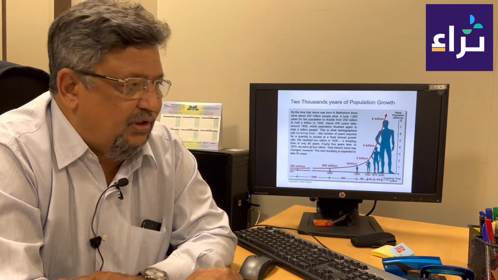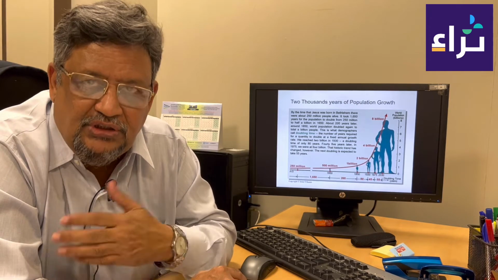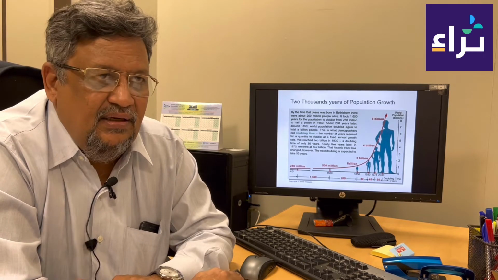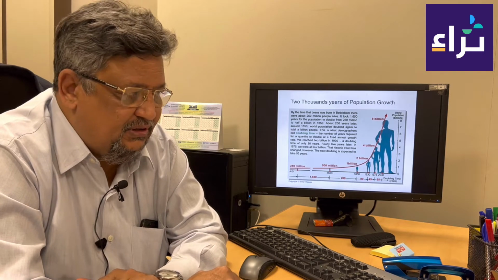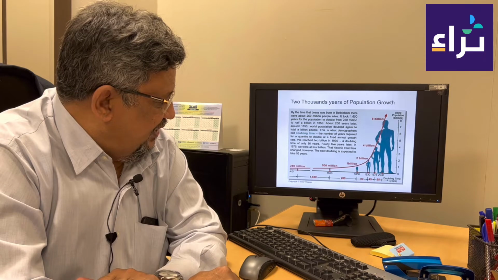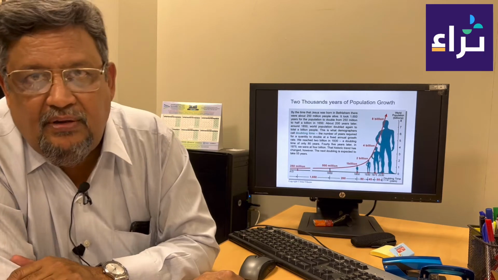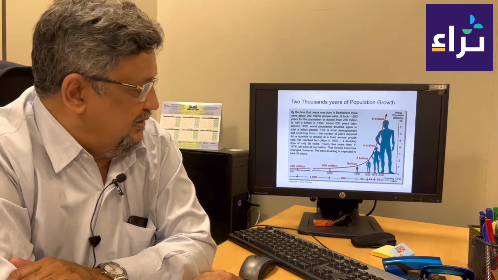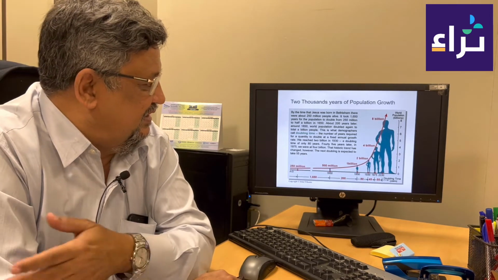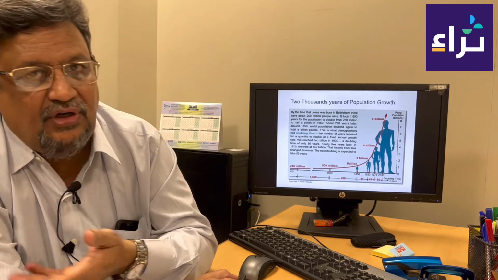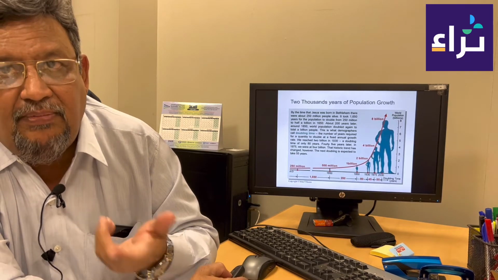And there are a number of factors, and one of the most important factors is the users of the water. The population is increasing at a very fast rate. We can have a very good idea: at the time of the birth of Prophet Jesus Christ, peace be upon him, the population was 250 million, and it took 1650 years to double to 500 million. And the next doubling time is just 200 years, and the next doubling time is 85 years, and then 80 years, then 45. So it means that after every 40-50 years our population is getting doubled,